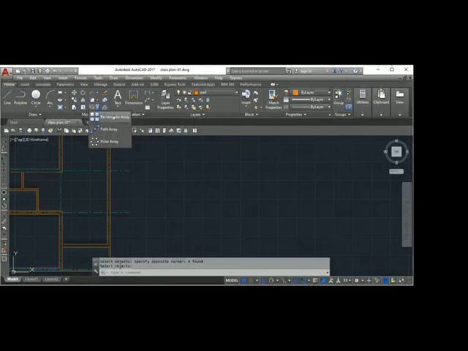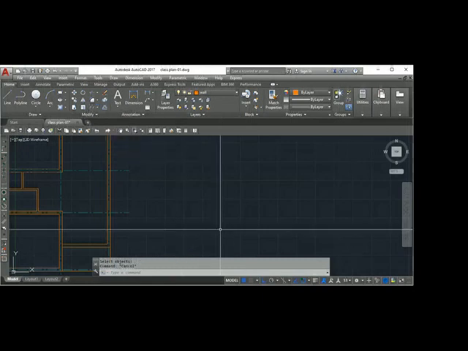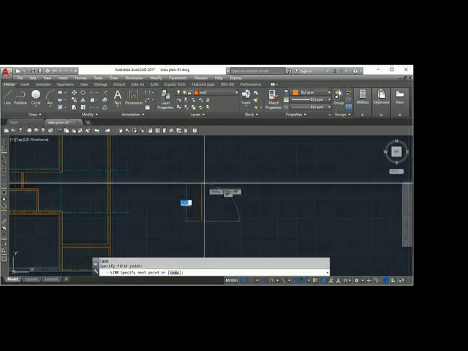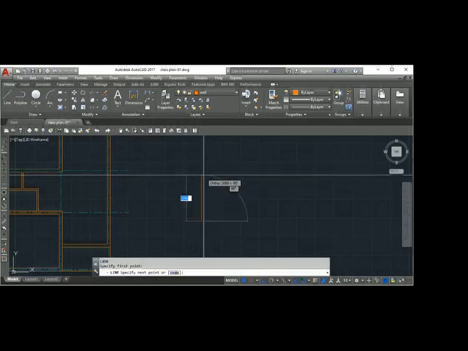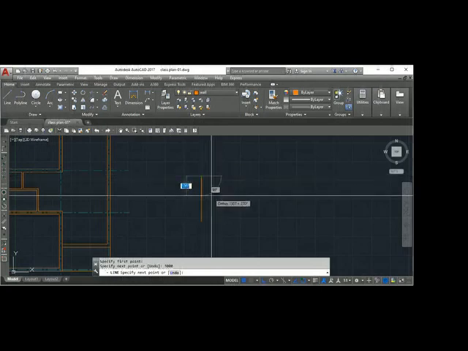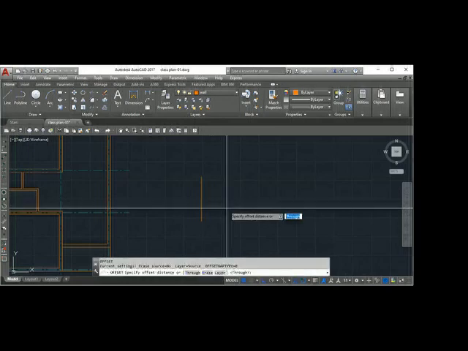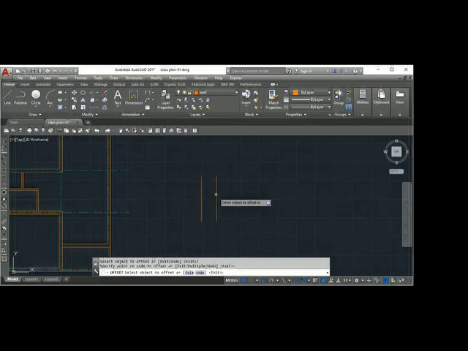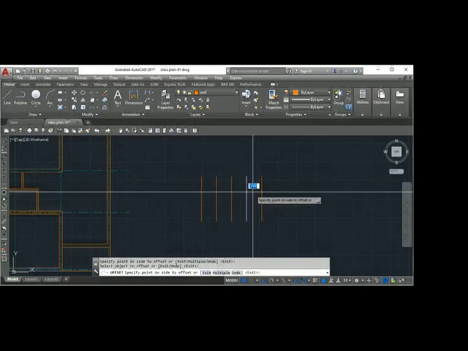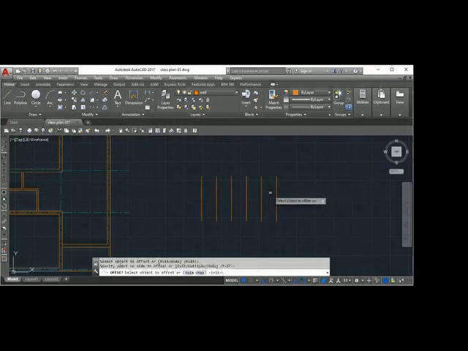So let us go through what is rectangular array first. I will draw a few lines here. I will draw a line, 3000 length. I will offset this 1000. Okay.